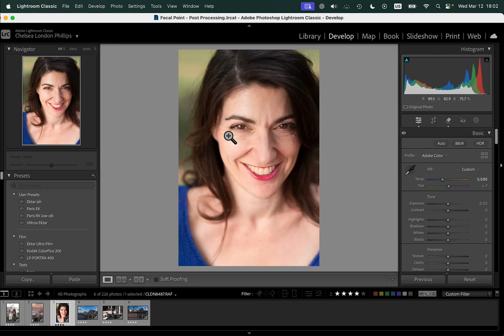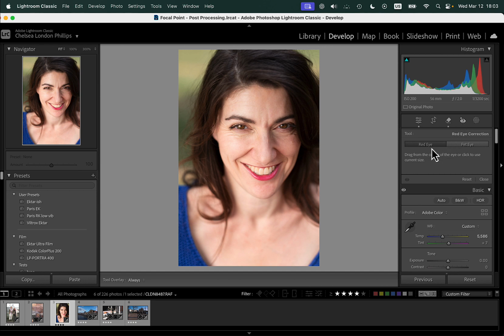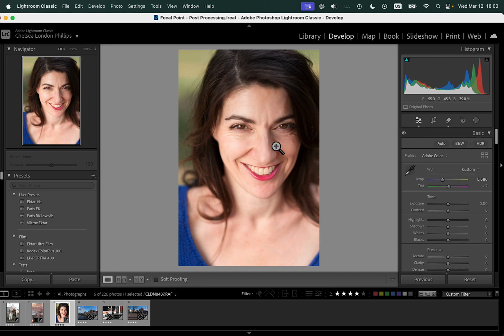So with the wrinkles, I'm actually going to do this in Photoshop, and I want to show you a couple other little tricks that we can do in Photoshop as well. If I did have red eye, I want to just show you what that looks like. I don't, but if I did, I would just click and it would remove it, but it's not seeing any. So let's look at what I can do